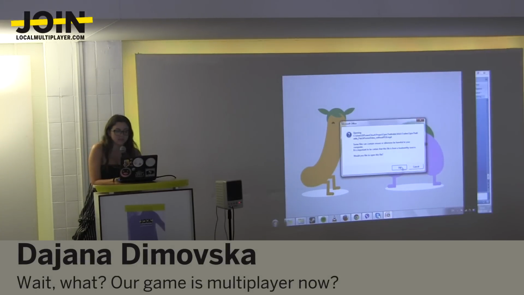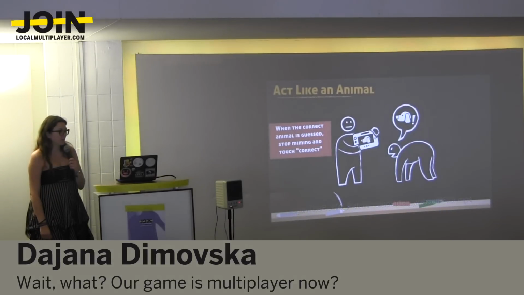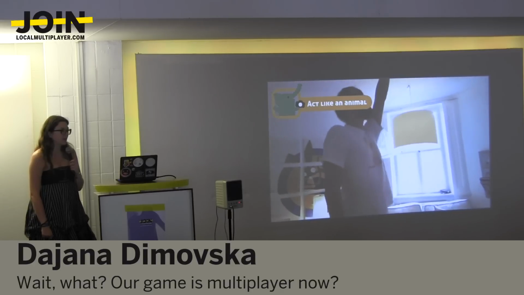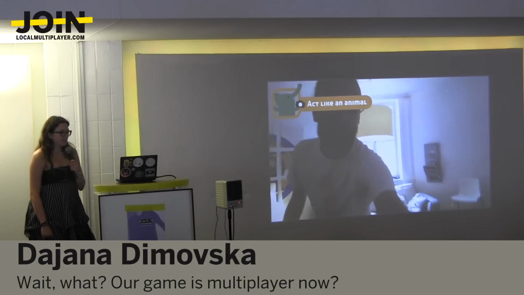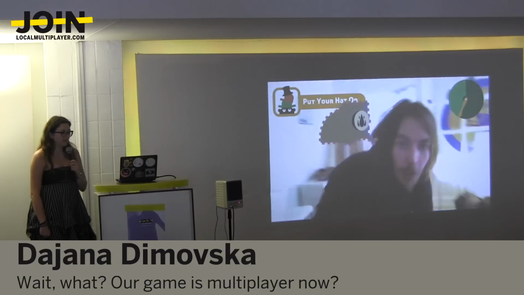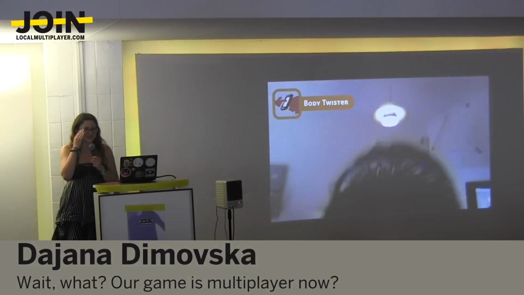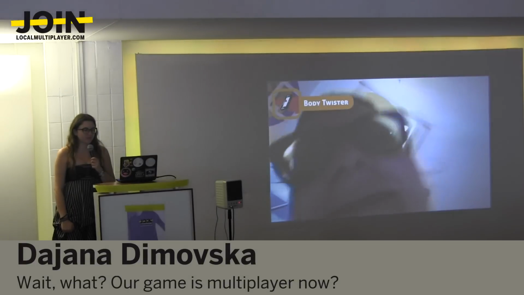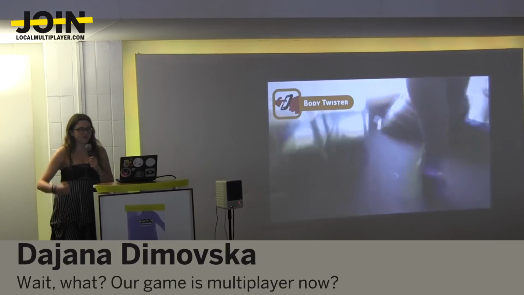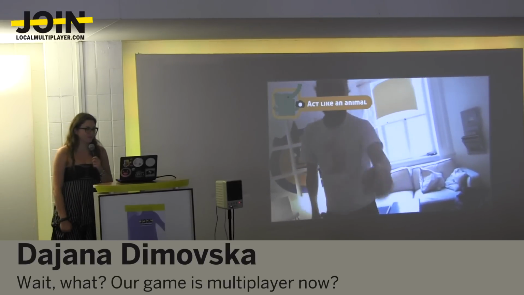There we go. All these mini games are now together in the game, but at this point we were like, okay, let's experiment only with the gamepad and use the camera and the acceleration data there. So act like an animal. You have to guess what the person on the screen is acting like. You find hats, take pictures with them. So you do body twister with the gamepad. One person places the gamepad on a body part, and you hit the screen with a body part.